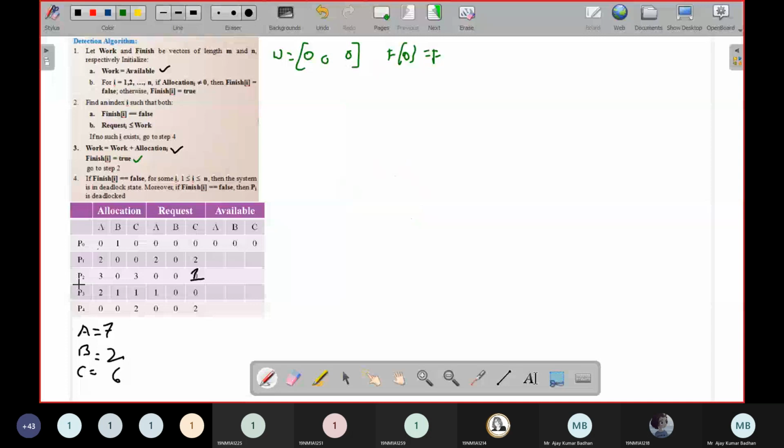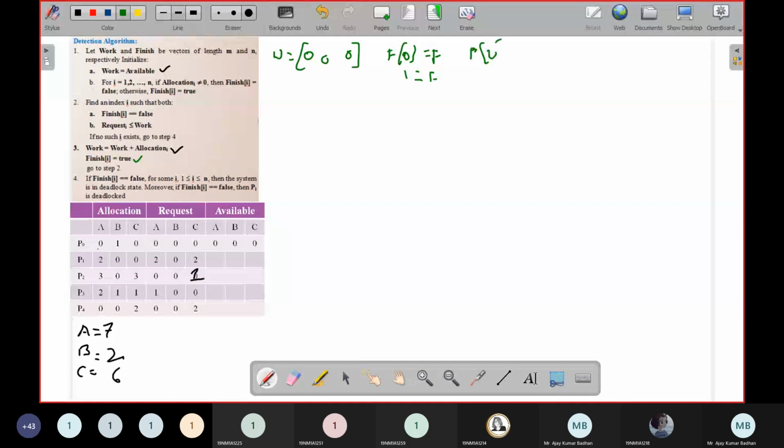So here, if any of the processes consists of all three resources 0, 0, 0 in the allocation, then you can say that particular process is completed. But every process in the allocation is having numbers, so no one has completed. So finish of 0 equal to false, 1 also false, means they did not complete it. Finish of 1 equal to false means the process P1 did not complete its execution.